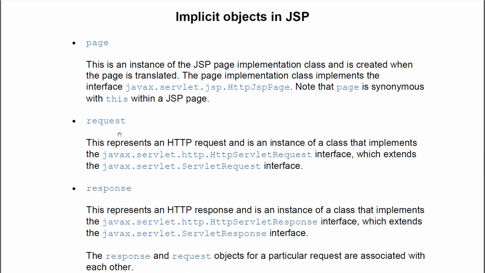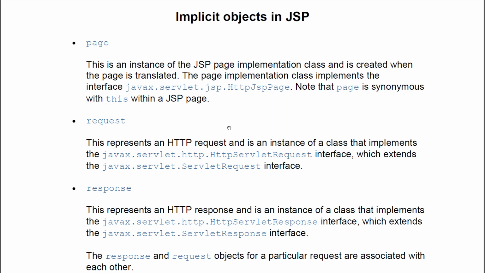Next is request. This request object will represent the HTTP request, that is the request that we have received from the client, and it is of type HttpServletRequest, which extends the ServletRequest interface.